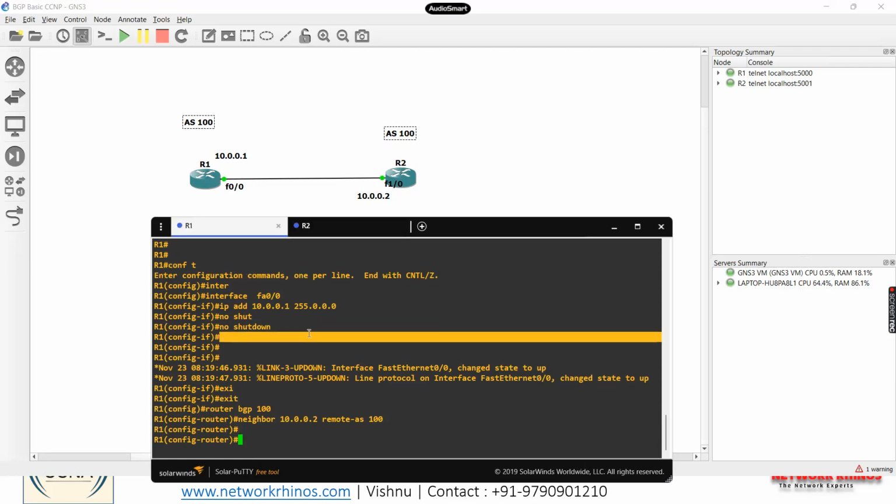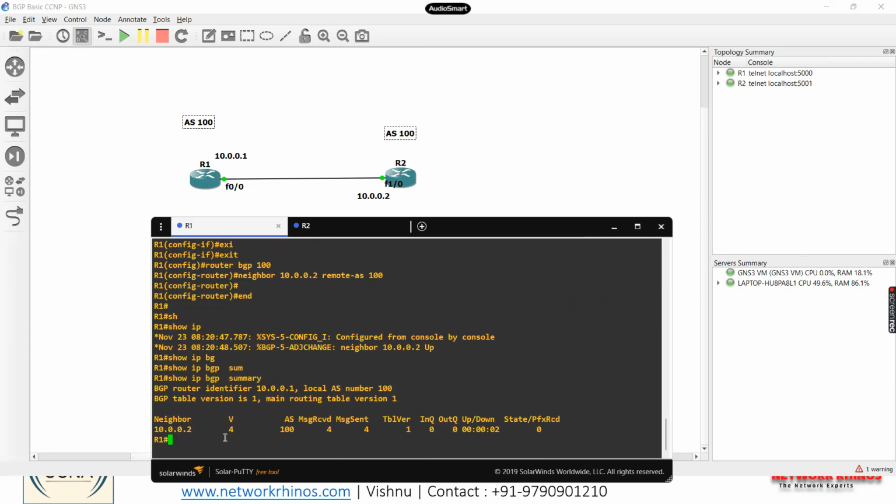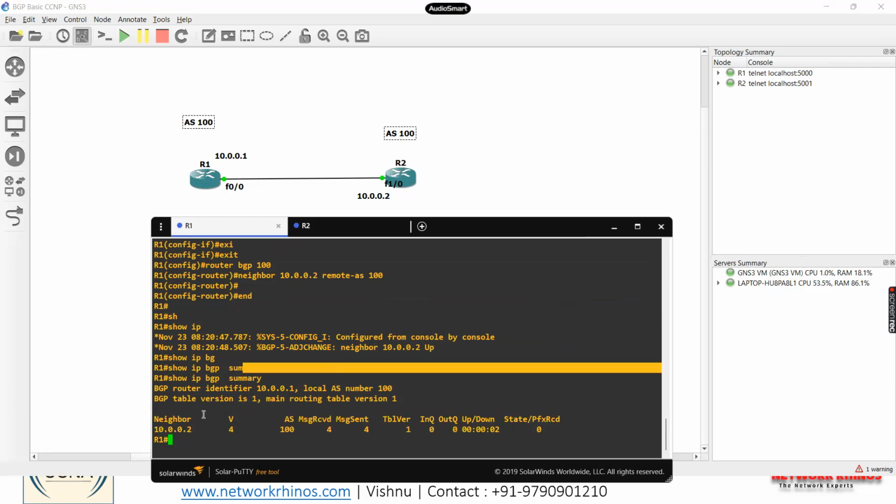Let's run a verification command. Show IP BGP summary. Here you can see my BGP came up without any problem. In this output, you can see my neighbor IP address and which version I'm using. I told you we have two types of AS numbers, 2-byte and 4-byte, right? So it's version 4. Now we have the AS number, sorry, the neighbor AS number, and